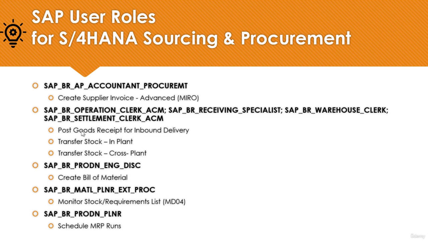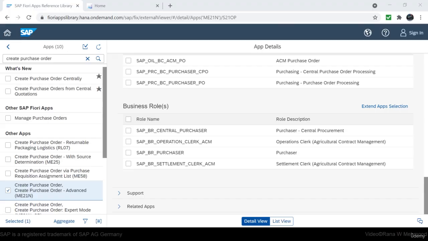S4HANA sourcing and procurement. Let's take an example. As I told you, on the website link, the Fiori apps library, you can see that the app Create Purchase Order requires the following business roles. As you can see on my screen, it requires SAP BR Central Purchaser, SAP BR Operation Clerk ACM, SAP BR Purchaser, and SAP BR Settlement Clerk ACM. So after looking at all the business roles, what you have to do is choose only one role,